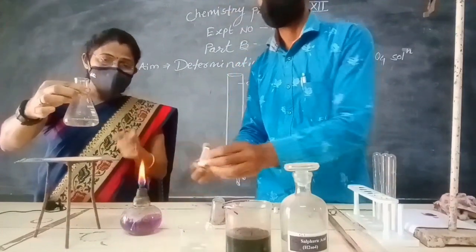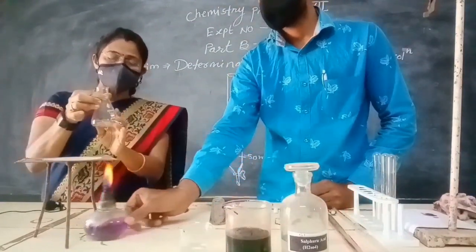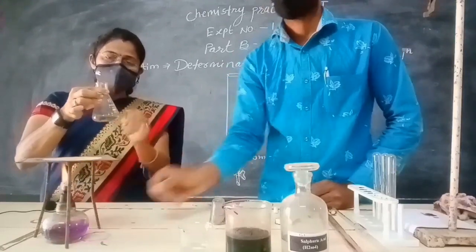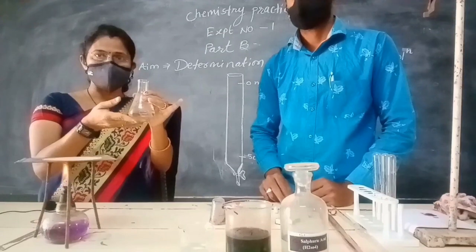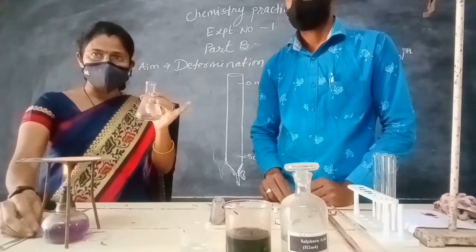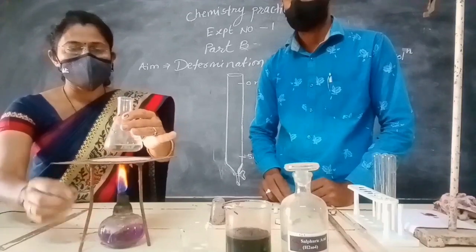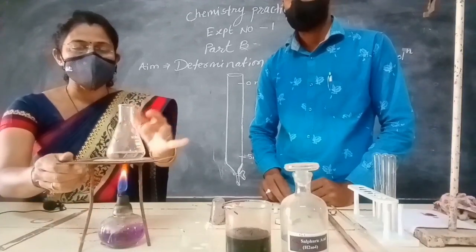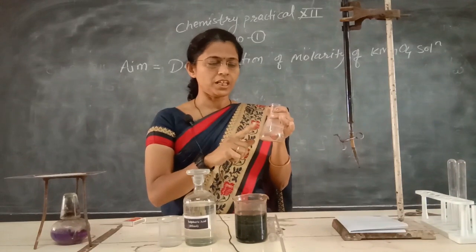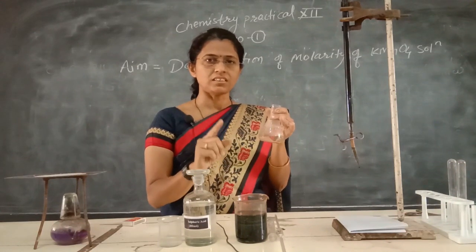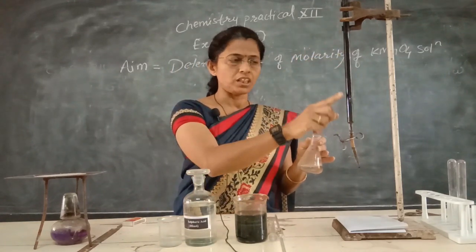Now, to make the reaction faster, we will heat the solution, and before heating, make sure that your flask is dry from outside. Now, I will heat the solution on this tripod by keeping it on the wire gauze. We heated the solution up to about 50 to 60 degrees centigrade. Now we titrate it with the KMnO4 solution in our burette.